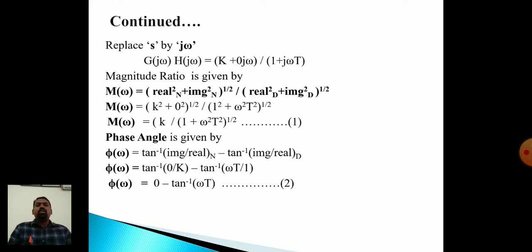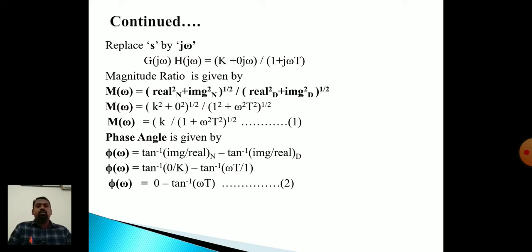So once again, G(jω) H(jω) is k into k plus 0 jω, whole divided by 1 plus jωT. So there, find out the value of M(ω). What is the real part of the numerator? That is k, that is k square. What is the imaginary part? Coefficient of jω, that is 0. So it is (k square plus 0 square) to the power 1 by 2, whole divided by